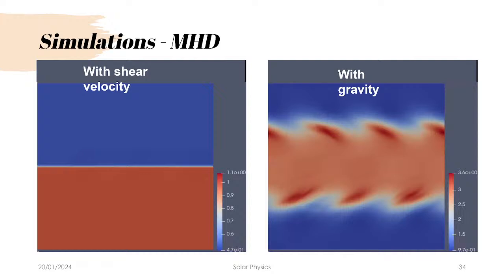It's not giving rise to further vortices as we had seen in the previous cases. You could see that there are different vortices coming into the picture. That is because of the effect of the magnetic field. When you have a magnetic field, it kind of provides a resistance. And finally, in the presence of gravity,